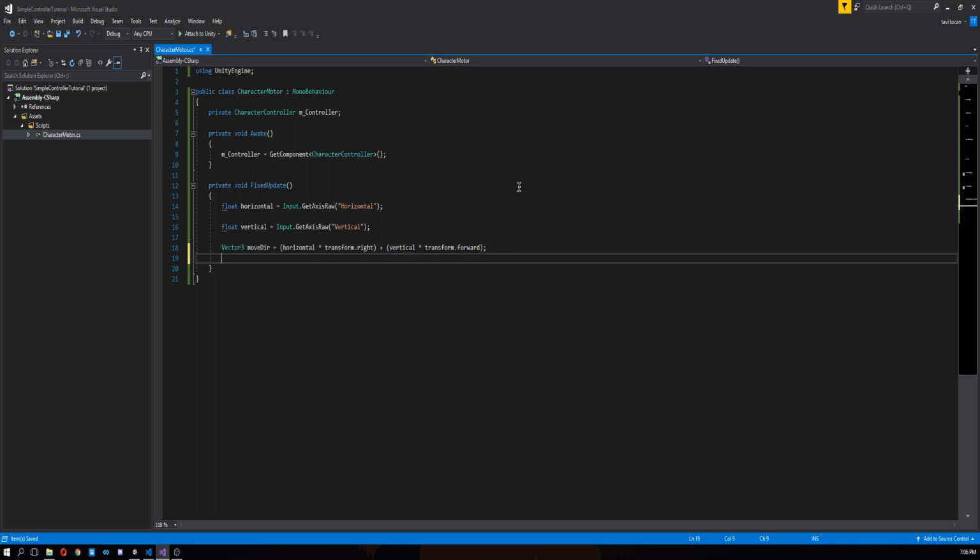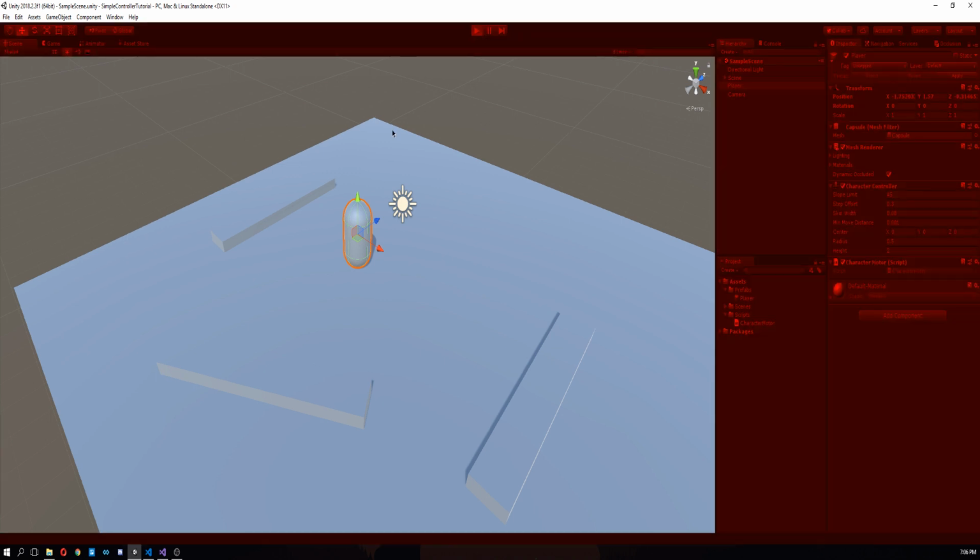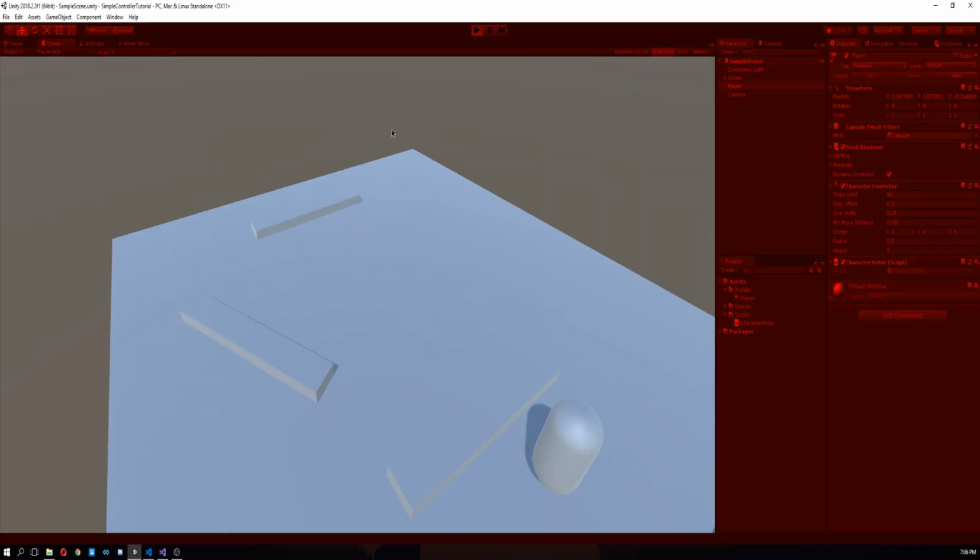Another thing we will do is call controller.Move, moveDirection. And that is how you do a simple movement. I will show you how it looks right now. Right. It's actually a little fast right now,